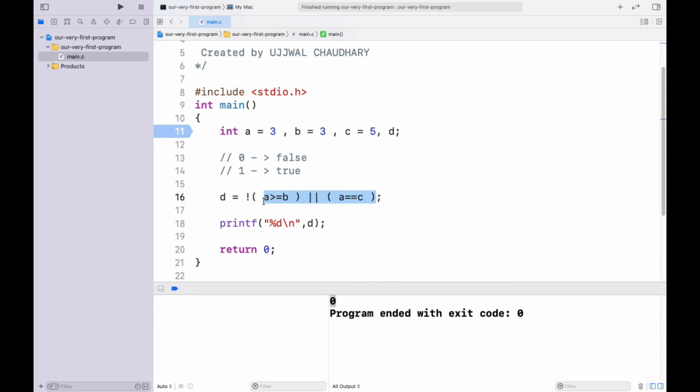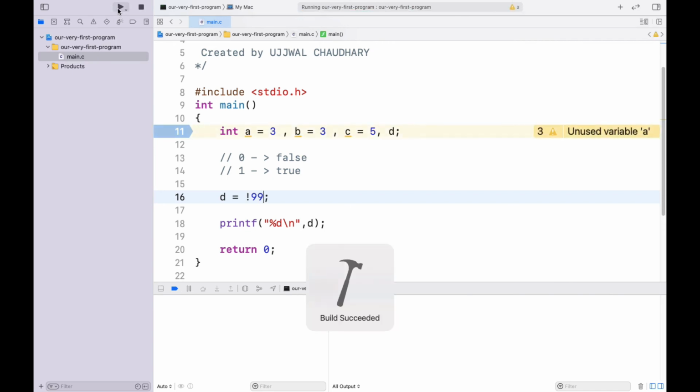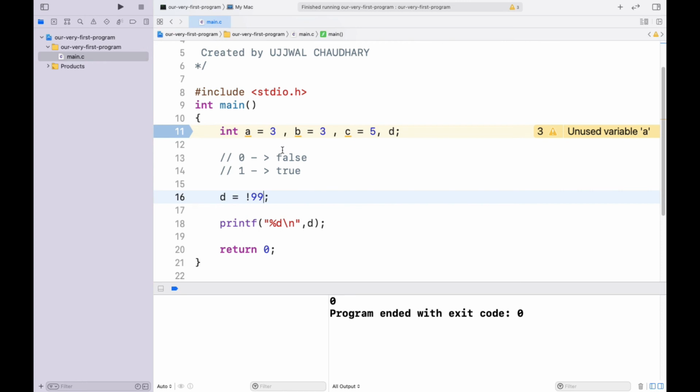So let's use a NOT operator. Let's have NOT 99, and we should expect the answer to be 0, because 99 itself is a true value and the opposite of true is false, which is 0. If we use NOT 0, then we should expect the answer of 1.